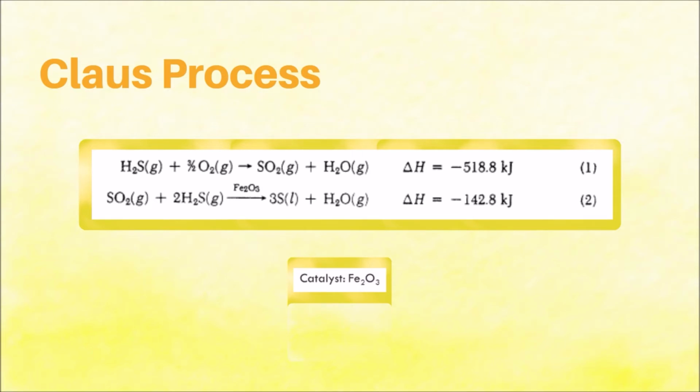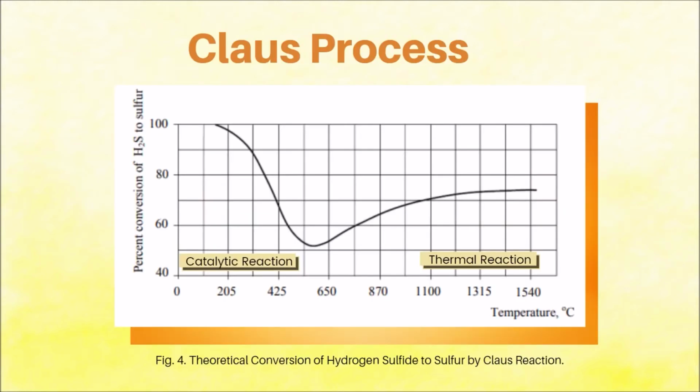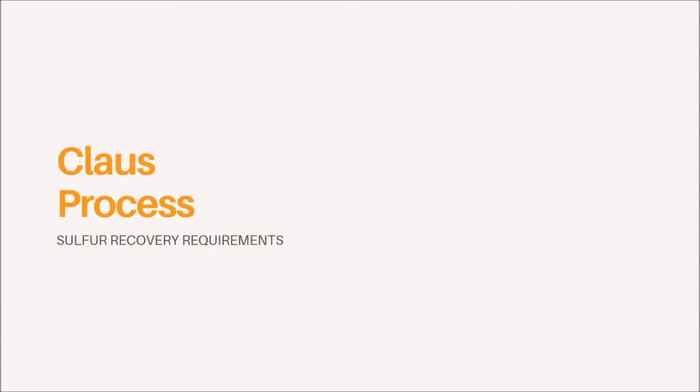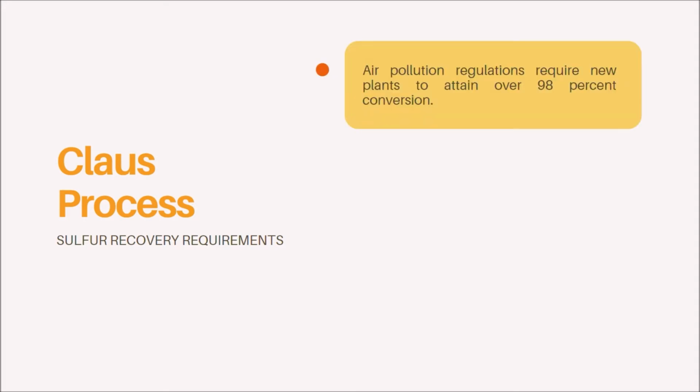However, the majority is converted to elemental sulfur by various modifications of the original Claus process, for which the reactions are the following. For the highest recovery efficiencies, note that the Claus reaction is favored with decreasing temperature. In general, gas processing plants and oil refineries are required to recover between 95 and 99.99% of the total sulfur introduced to the sulfur recovery unit.